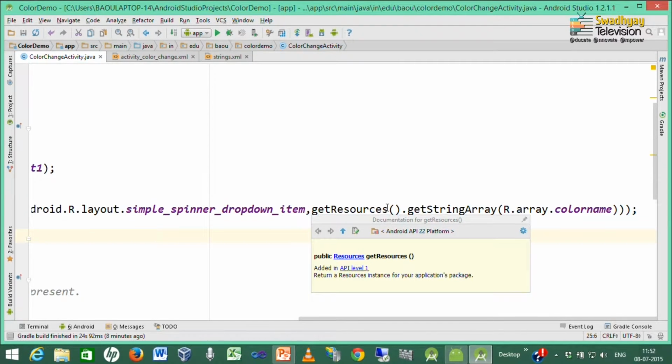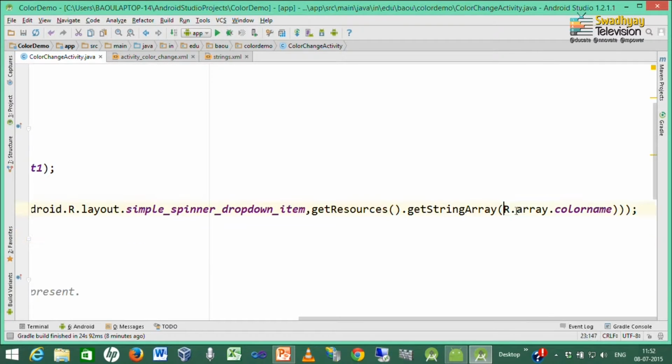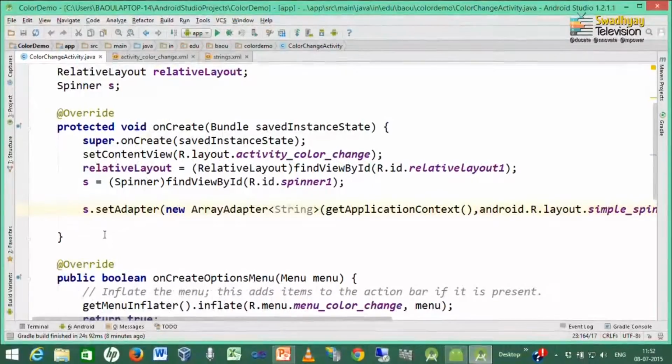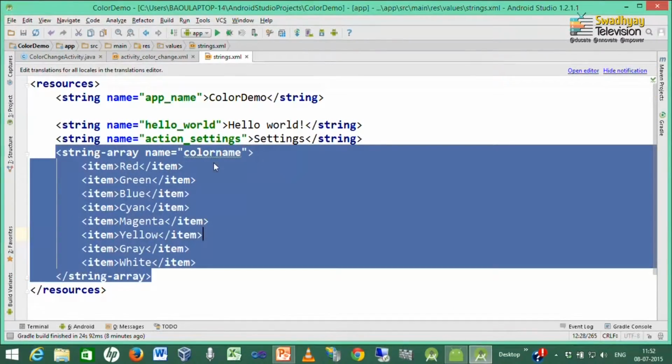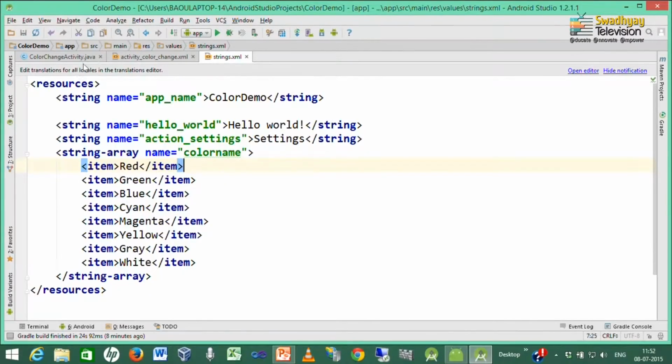So, I write getResources().getStringArray and the name of our array is color_name that we wrote inside the strings.xml file. So, now if I run this program, a spinner is displayed with all the colors that I wrote inside this string array color_name.